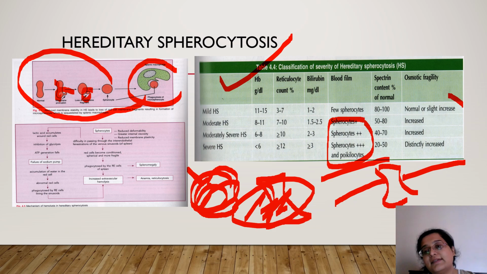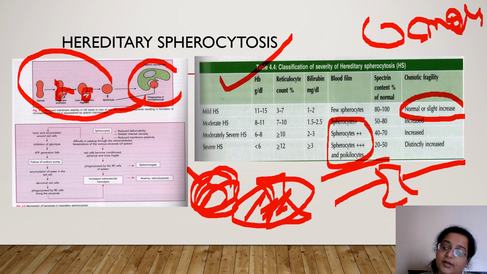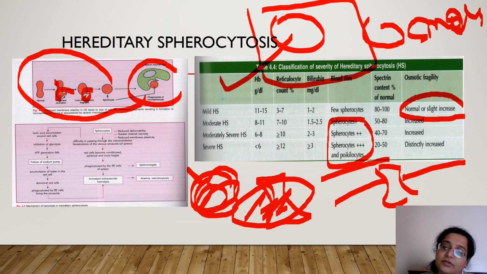And in mild cases, the OFT, the osmotic fragility test. What is osmotic fragility? Osmosis, you all know, movement of water and salt. So we expose the RBC to such a condition that if it was a normal membrane, it could have borne that condition without the RBC getting damaged. But if the membrane is not normal, then the RBC will get lysed. This is just to confirm our diagnosis in the mind, that yes, this is HS. Okay? So this table is there in the book, so I'm not dealing too much with it.